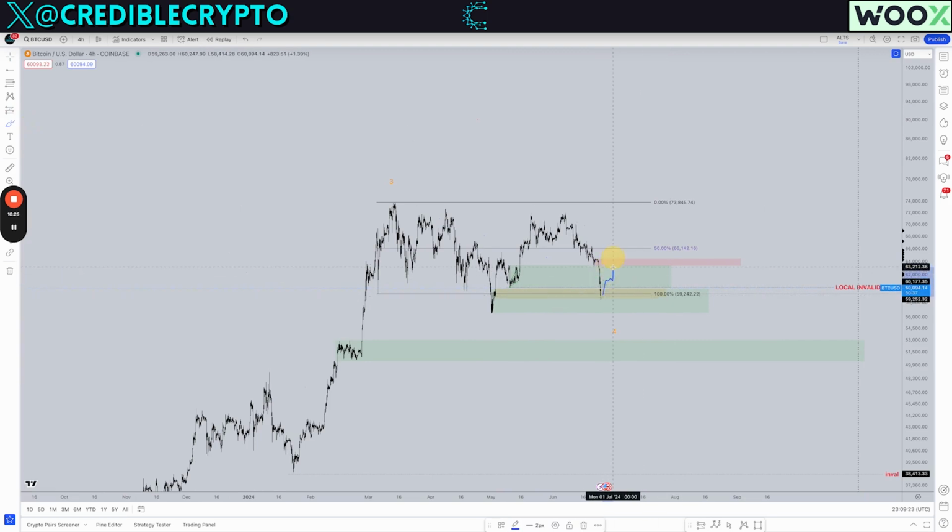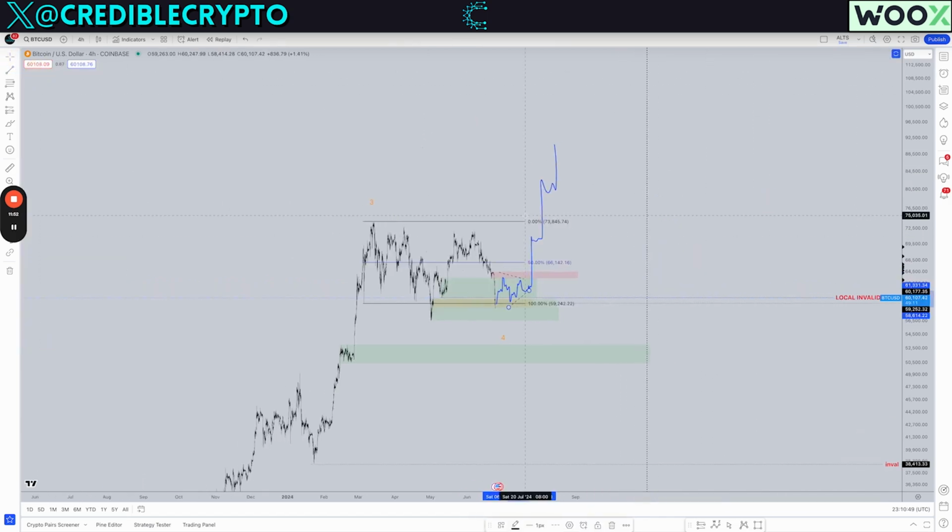Again, one of my favorites and most common ones that I like to point out is some sort of a triangular consolidation structure. So something like this could be playing out before the impulse occurs. And again, this initial leg of that impulse is the one that we want to catch. We want to identify the impulsive price action on the lower time frames so that we can catch the higher time frame move.